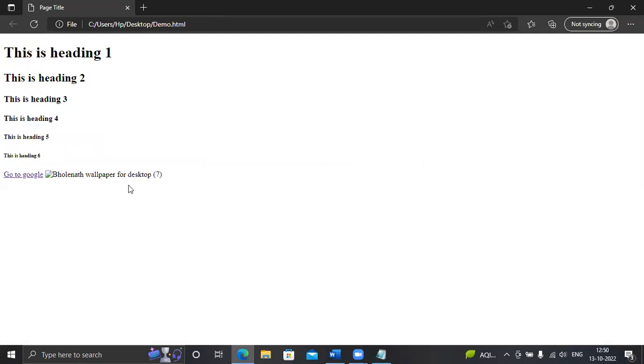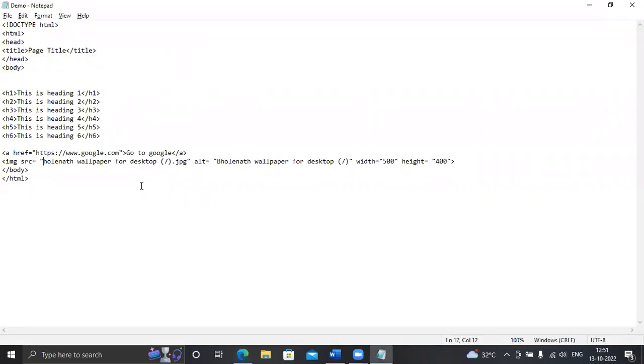When the image cannot be found by the browser, the text I have written within the alt attribute will be displayed. Because I have inserted the image but it is not found, that's why that symbol is coming, and that text is showing. That's the purpose of the alt attribute.